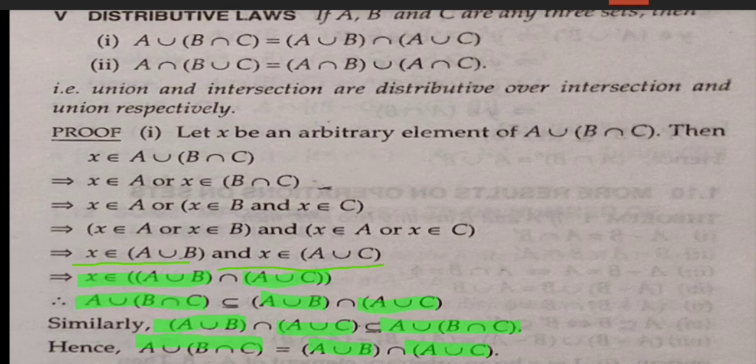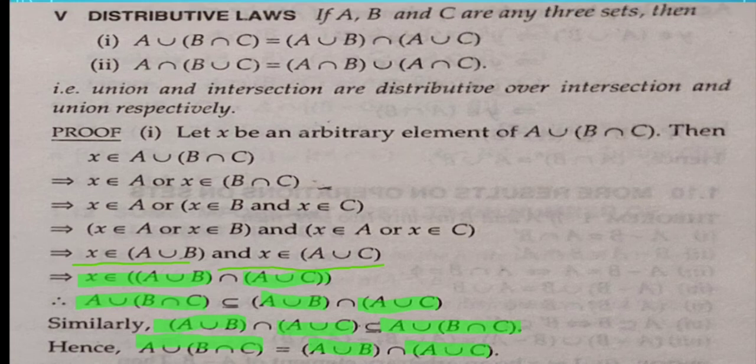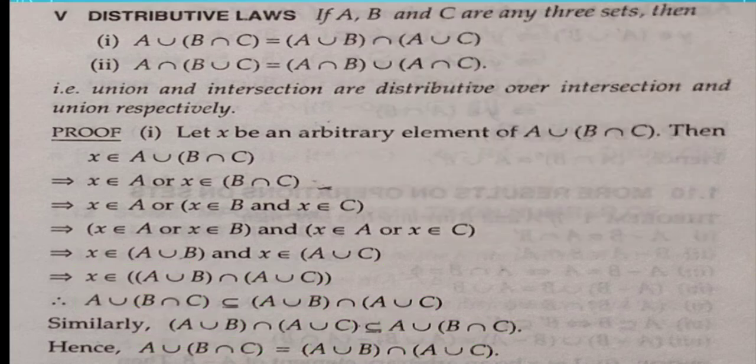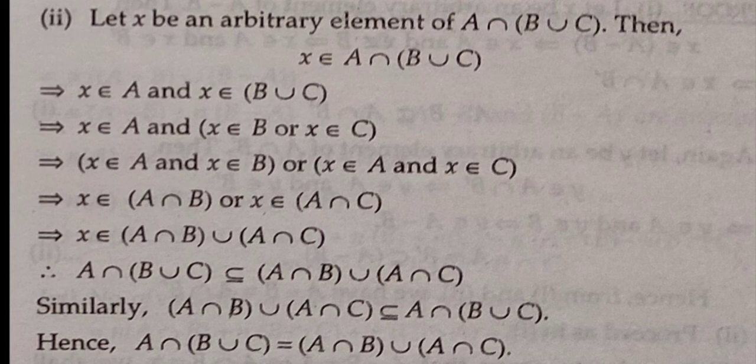Just symbolically we can write it as, let us consider an arbitrary element here which belongs to the 3 sets. If it is distributive, 3 sets; if it is associative, then it is 3 sets. If it is commutative, then there are 2 sets, right? Now we move to the next slide,